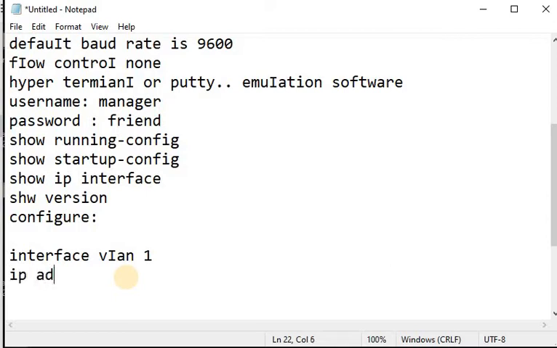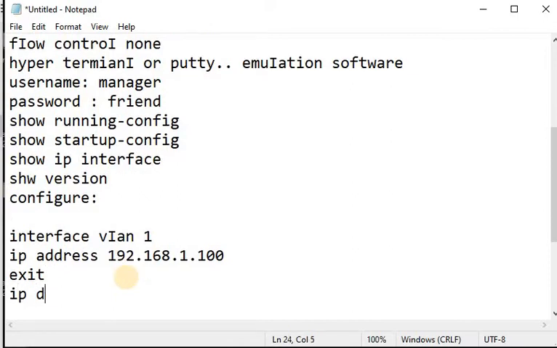Here I will type the command ip address, and next I will give it an IP address. Let's say it is 1.100. If you want to assign a default gateway, you will type exit, and now you will type ip default-gateway, and next you type the gateway.